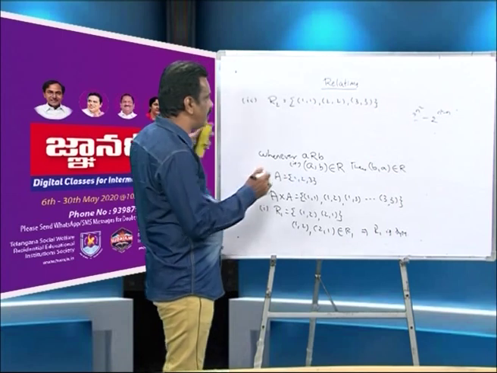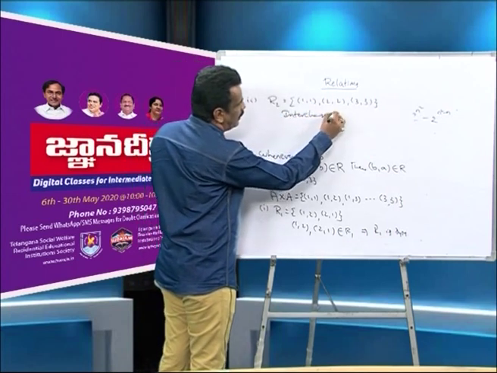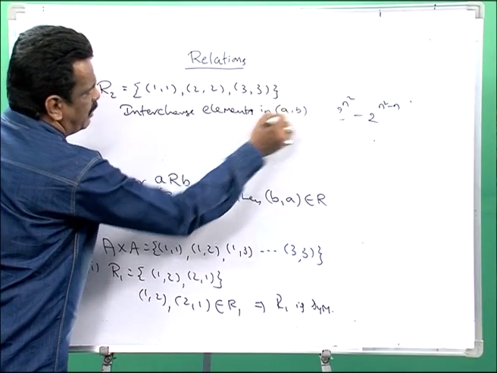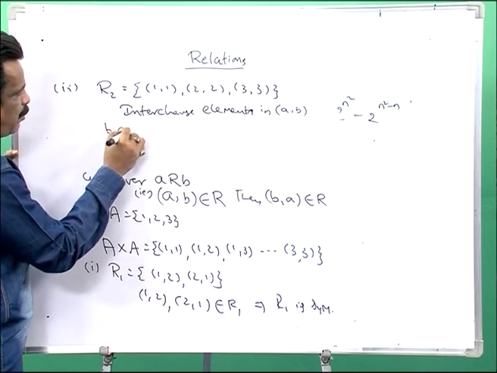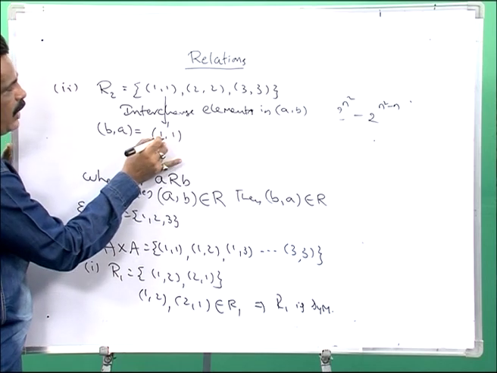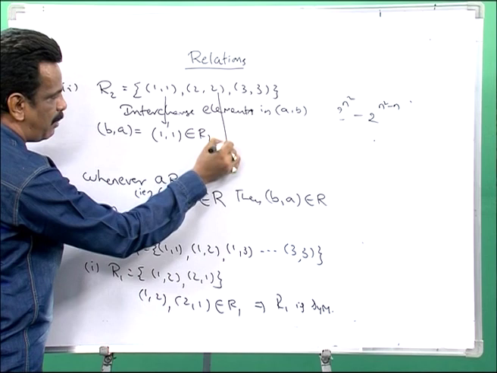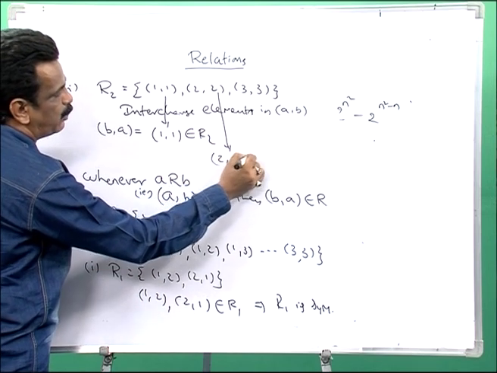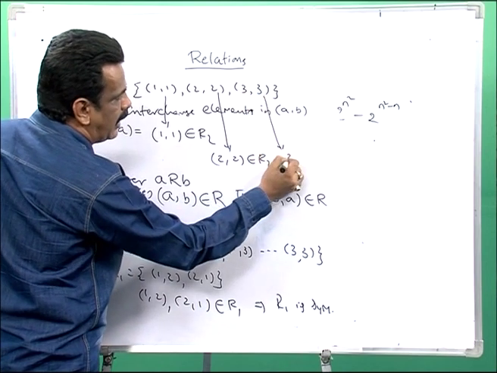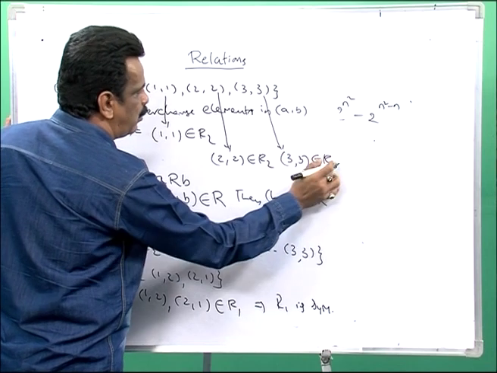The same we can see here: interchange elements in A comma B ordered pairs. Means we are thinking of now B comma A. That B comma A is again 1 comma 1 only, for 1 comma 1 it is belonging to R2. That 2 comma 2, if you take interchange, again you will get 2 comma 2 only, it is in R2, and you interchange 3 comma 3, again you are getting 3 comma 3 only, it is also in R2,